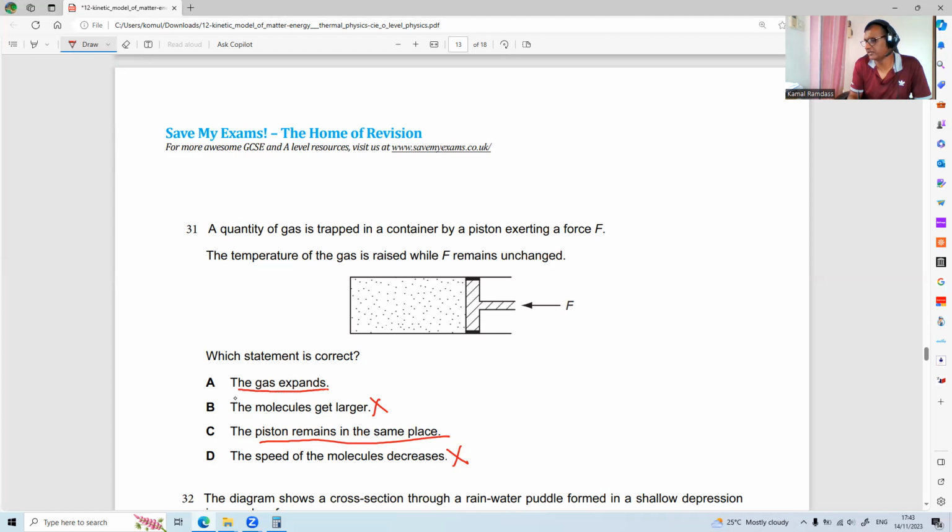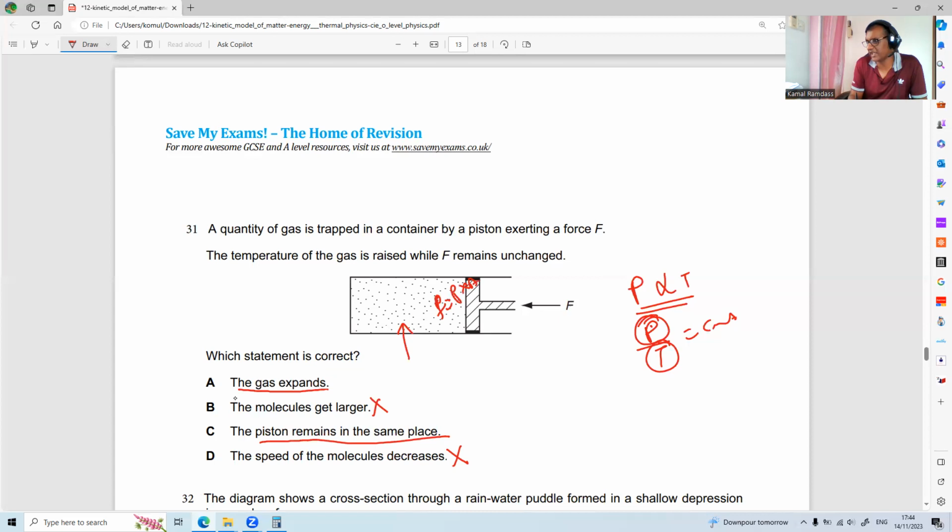Listen, if we increase the temperature, it means the pressure is proportional to temperature. Okay? Pressure is proportional to temperature. P over T is equal to a constant. If we increase temperature, we increase pressure. We increase pressure, force is equal to